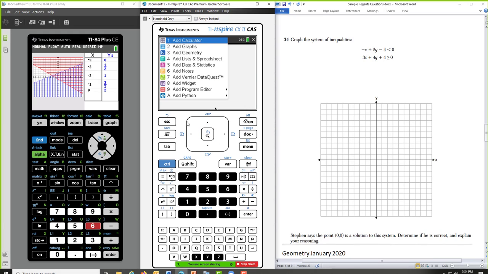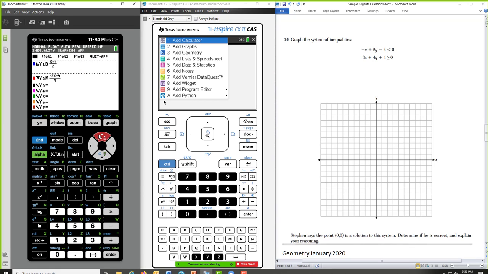Oh. So that might be big news right there, that you can use this inequality app. Even the 83 has the inequality app. So I'll go back to y equals. Point this out, since you might not have known it. There's an x equals feature in the Inequals app that you can now use. So if you press enter, you can now graph a vertical line using this app. But I'll go back to y equals, just pointing that out, and I will quit the app to turn it off. Yes, I'm sure I wish to quit it.